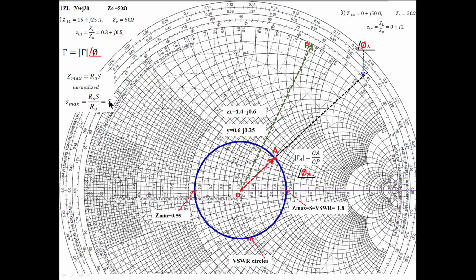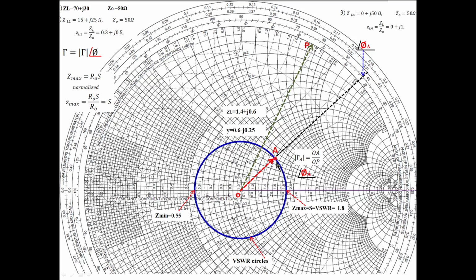This is the actual Z maximum value. If you normalize this, what do you get? Normalize means divide this by R naught, assuming a lossless line. So Z maximum itself is the S value. So from the Smith chart, you read a Z maximum. That itself is equal to VSWR. See here from this equation, the normalized value of Z maximum itself is equal to the VSWR also. You need not calculate it from the equation 1 plus tau magnitude over 1 minus tau magnitude.